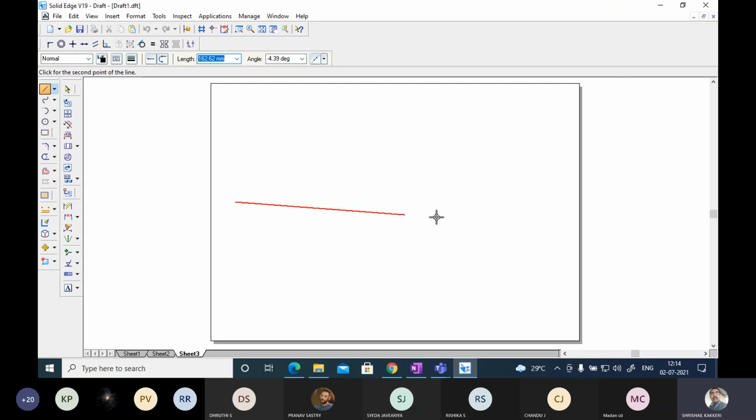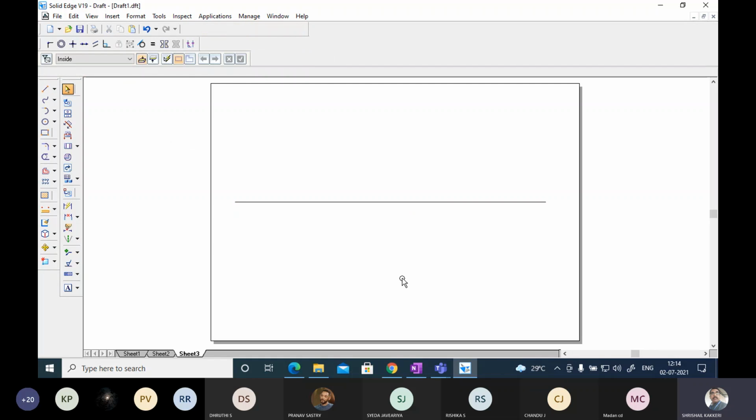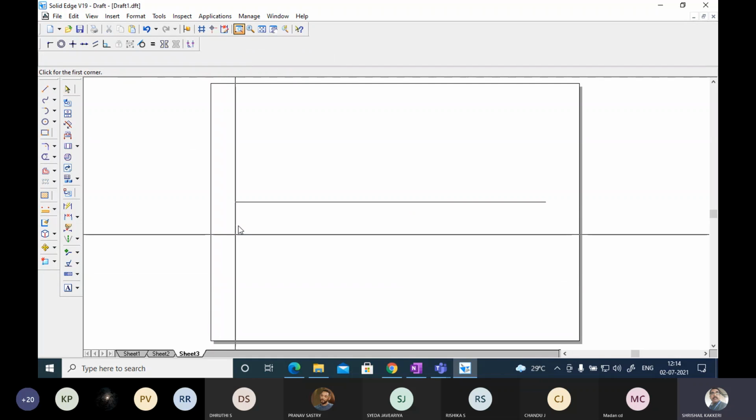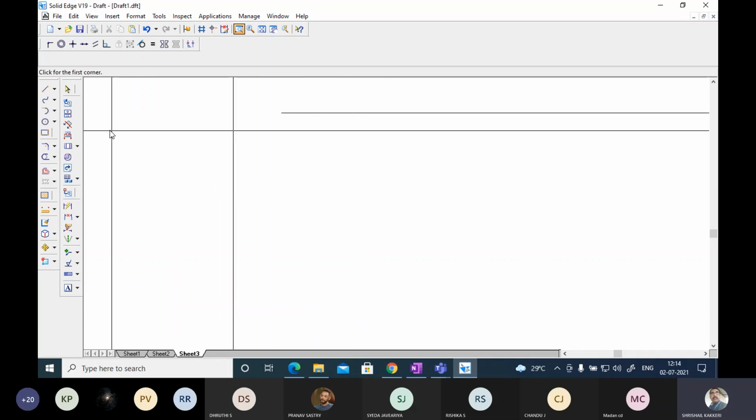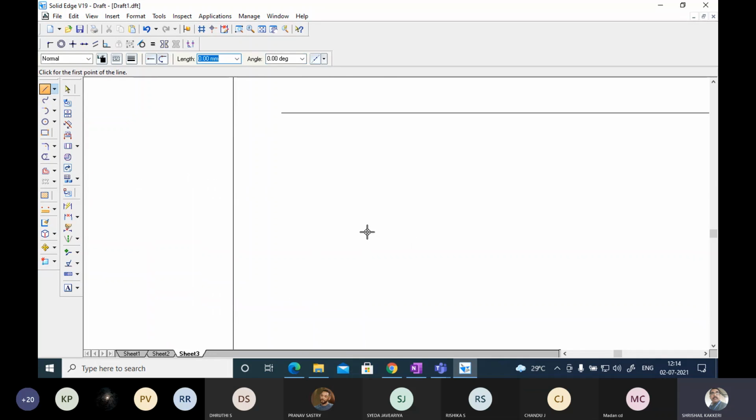Normal line, you take some suitable length, whatever the length, some 250 mm I have taken. Okay, 250 mm length I have taken normal line. Now the construction of the square is very simple for me, and one can go to this square 35,